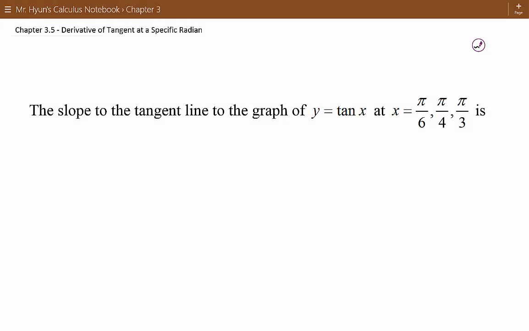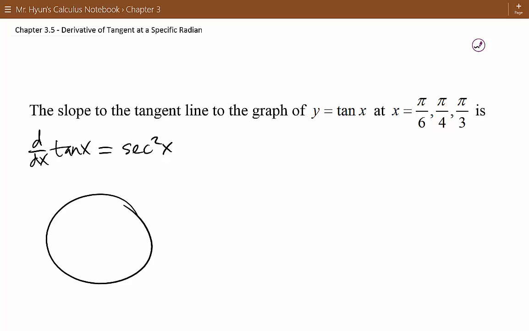All right, for this problem here, we need to find the slope of the tangent line to the graph of y equals tangent of x at one of these three radian values. So there's a few things we need to know, including the derivative of tangent of x, and this is secant squared of x. And we also need to have some knowledge about the unit circle at these three specific radian